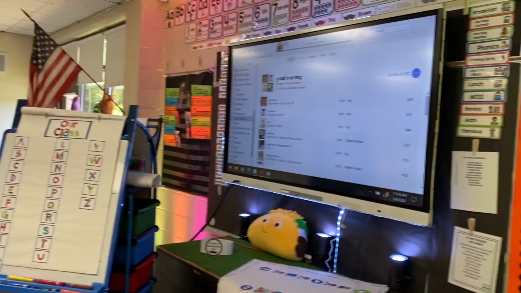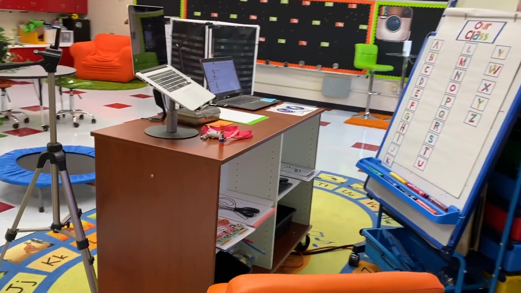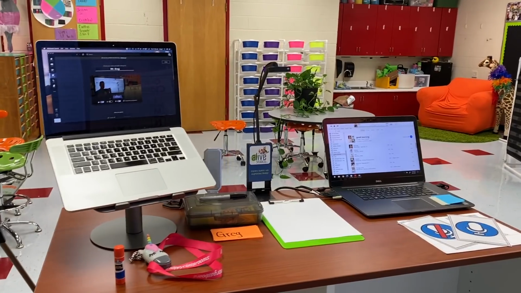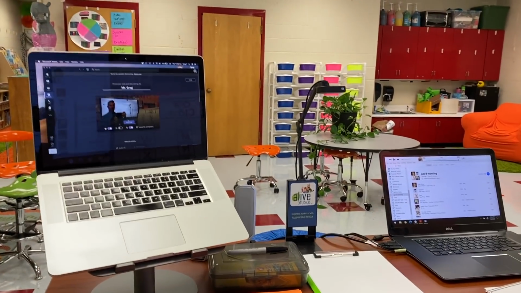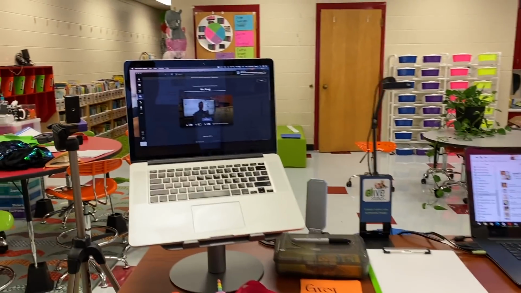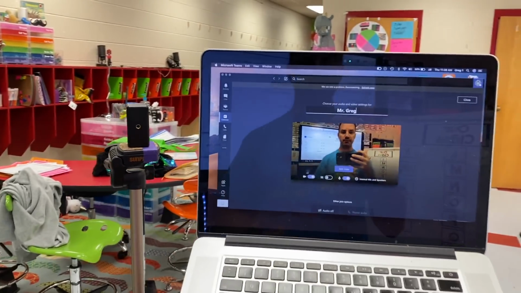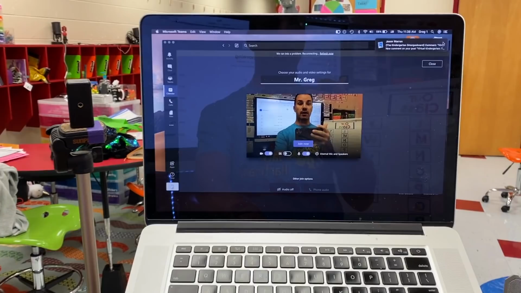So you can see we've got our Smartboard, we've got our easel and our writing chart, and then this is the work area. So you can see I have 2 laptops. One is the school laptop, one is my personal laptop. So let's start with the personal laptop. The personal laptop is being used only for